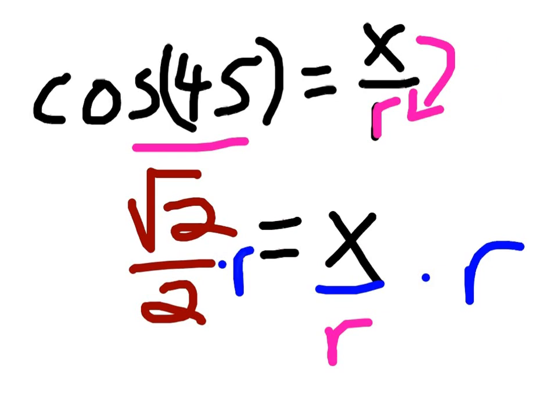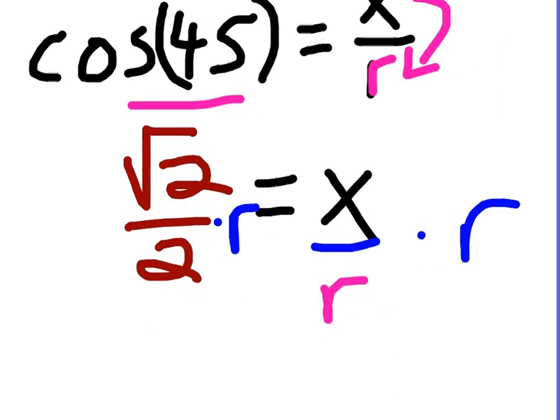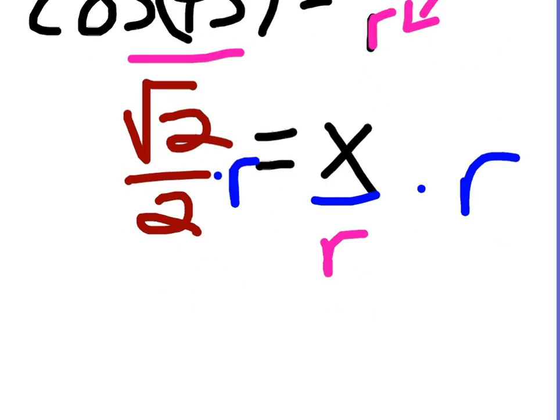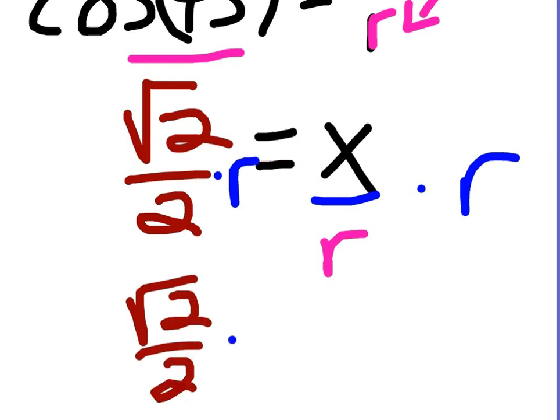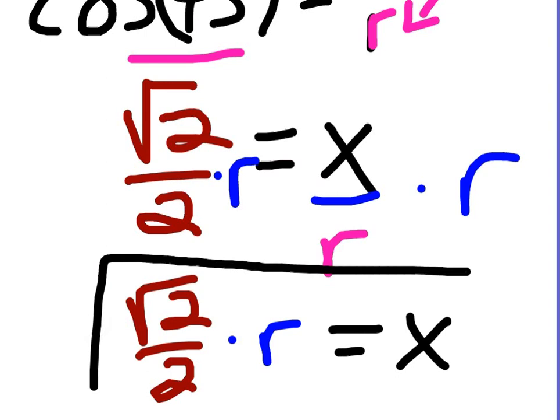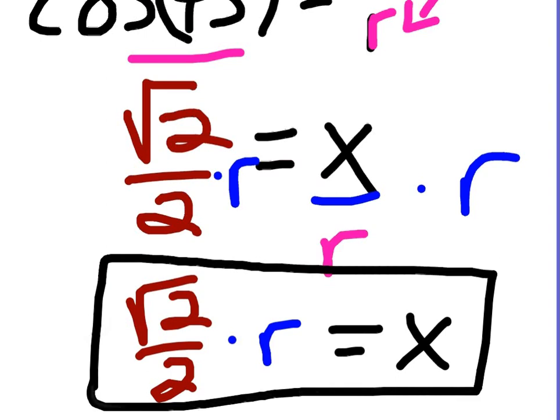You can start to see that when you make the radius r, your answer for your x value is just going to be cosine of that value times r. So in this case, you'd get square root of 2 over 2 times r equals x. This will work for any angle, and we're going to see that as we move on to 60 and 90 and whatnot, 120 even. You just find the cosine of that angle and multiply it by r to give you